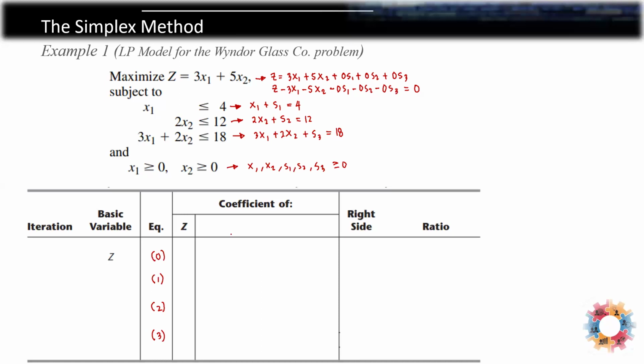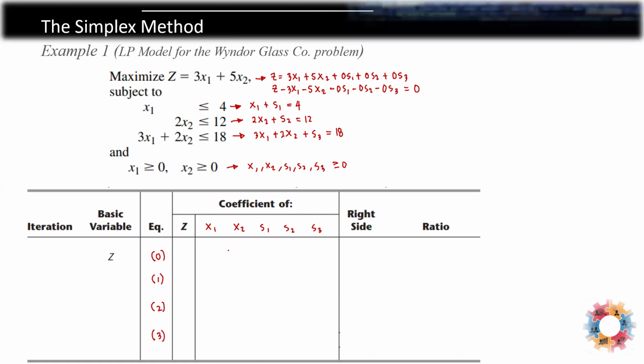And under the label coefficient of, we're going to indicate the non-basic variable x1. So there are two non-basic variables plus the basic variables, the slack variables s1, s2, and